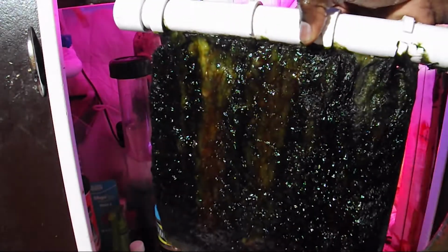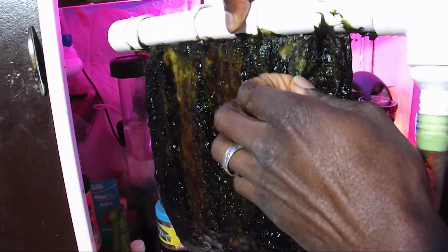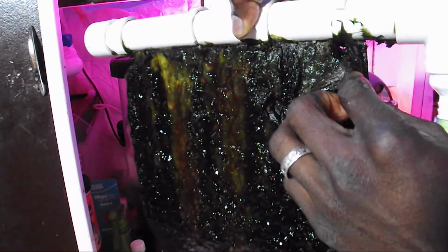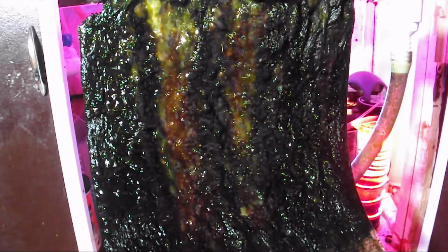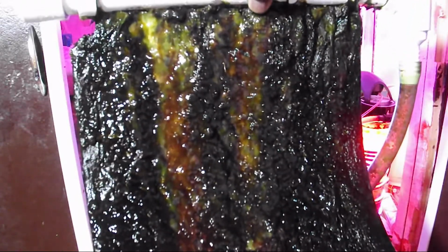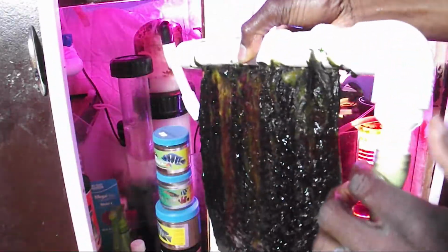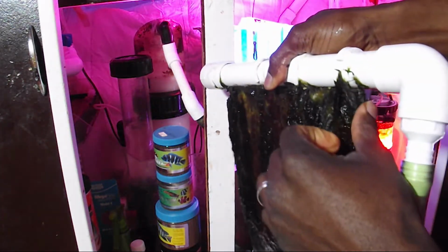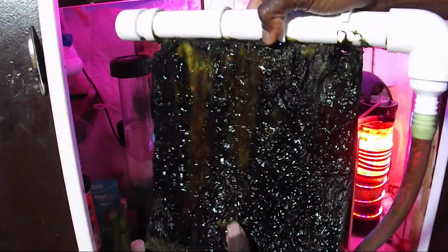Alright guys, so this is what we got so far. I'm just starting to see some hair algae here and there, but mostly everything is turf algae, and this weighs just under a pound, I'm guessing. I'm not 100% sure, but you guys can see the little amphipods running around on the scrubber. There's some running around here and there, and this is maybe half an inch on each side, and then lower down it's like,